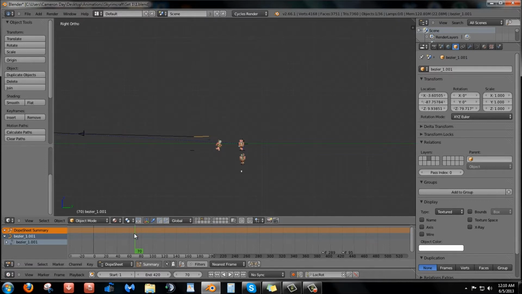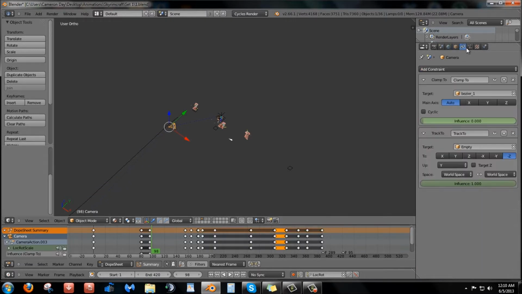I don't even know why that's still there, but after the camera hits that point, it sort of starts free roaming. I basically just added a parent to the camera, and I added a clamp-to constraint, and after it had completed its course, I just turned influence to 0, so it wouldn't write on it anymore, and that's basically how I accomplished that.